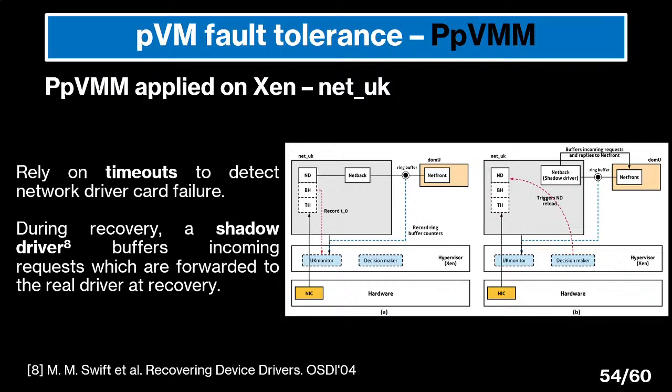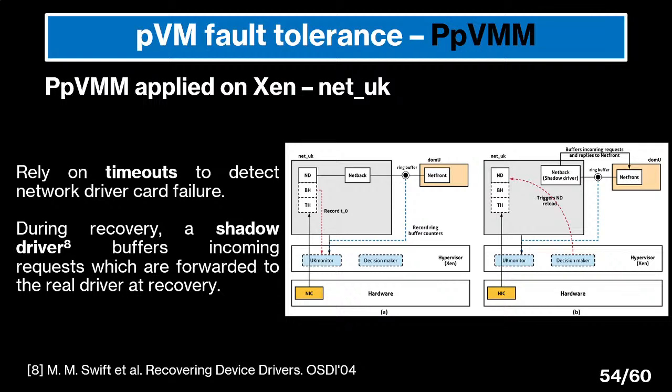Once the top half schedules the bottom half, it informs the hypervisor, and the hypervisor notes the time t0. If after t0 plus a certain t max the network driver, or the bottom half processing, has not yet informed the hypervisor that it finished its processing, we can detect that there is a problem with the network driver. And we are going to trigger the recovery, so reboot the